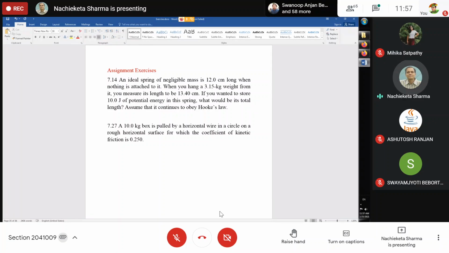Now calculate the work done by friction during one complete circular trip, if the radius is